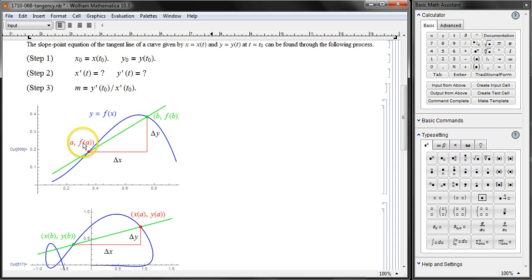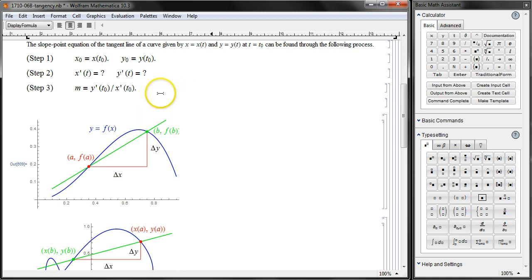Here is a part of the graph of a function y equals f of x. And how did we get the tangent line? We began with the slope of the secant line, this green, and then rise over 1 was delta y over delta x, the difference of y coordinate over the difference of x coordinate, and then getting delta x going down to pretty close to 0, we got the derivative. And then what did we get? We ended up with this